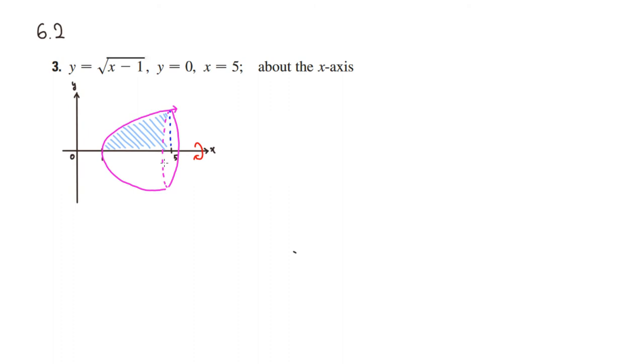All right, so let's use the disk method. I'm going to cut it perpendicular to the x-axis. So let's say this is x, and here we have a cross section. So that's a cross section. Using the disk method, the volume V is going to be pi times